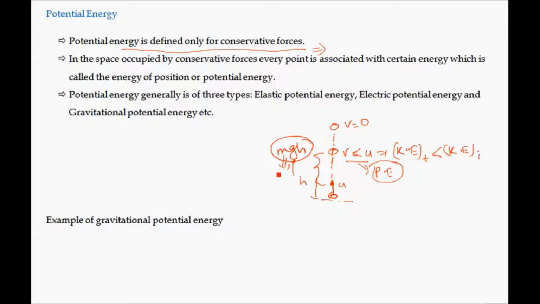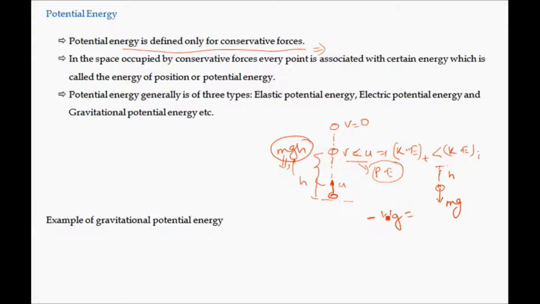Basically, if we consider a conservative force, then the work done against the conservative force will be stored in some kind of energy, and this energy we call potential energy. In case of gravity, we call it gravitational potential energy. If you see this figure, if we throw a ball upward, then work is done against gravity. Gravity pulls the ball in the downward direction and the ball moves in the upward direction. If the ball moves by a distance h, then the work done against gravity,